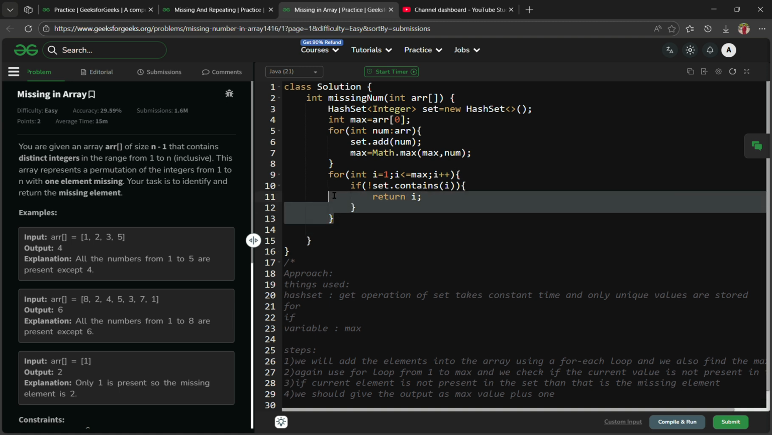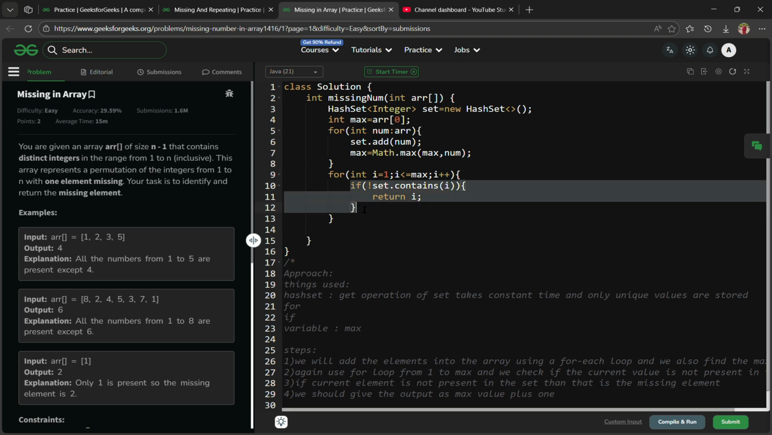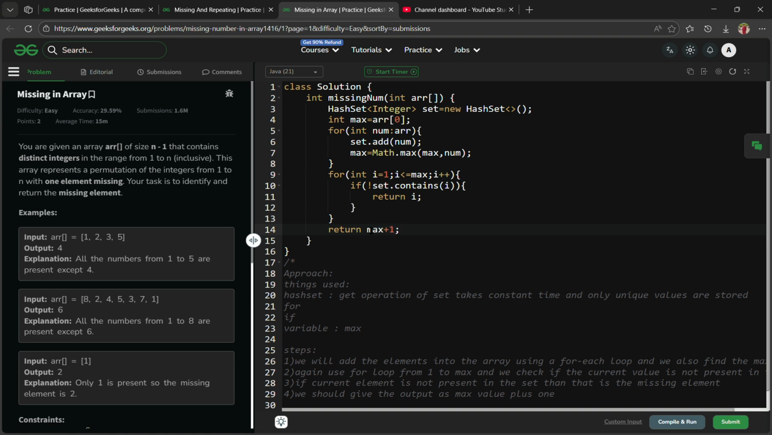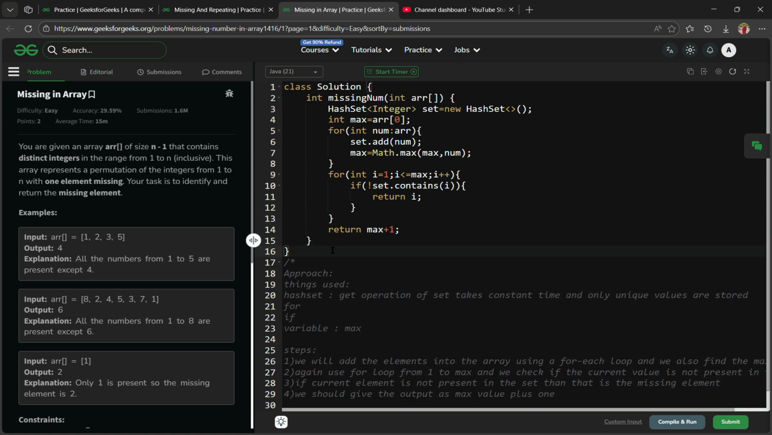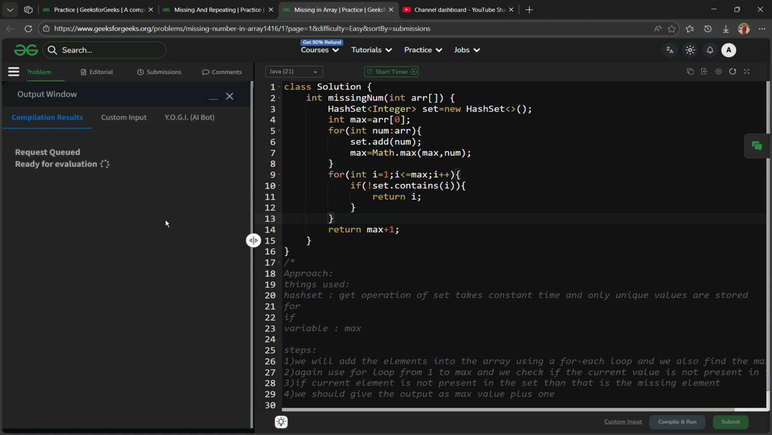If this entire loop completes successfully and no missing value is returned as output, that means the whole array has all the elements without any missing values. So simply the output will be, as you declared, the max plus one value. So these four steps were converted to this code. You can say it is Java. So if you compile,